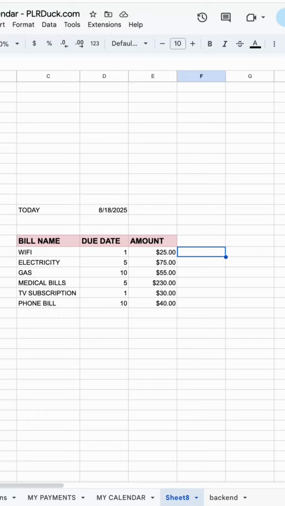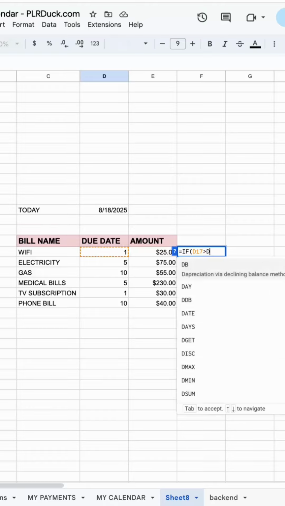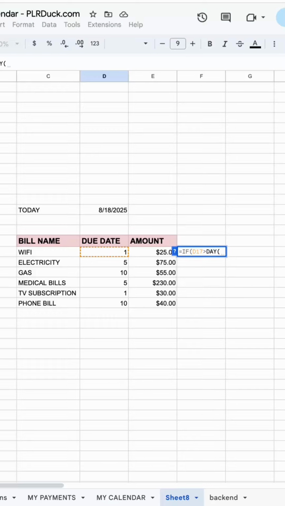So if it is going to be overdue, we'll be having the formula. So I'm going to say =IF, and then I'll open the brackets. So if this date is going to be greater than this particular day, here we have the entire date, so I want to just take only the day from that. So I'll say DAY of, and then select this particular cell over here. And then if this condition is going to be true, that means if one is going to be greater than 18, then I'll have no value, or else I'll say it as overdue. So this is going to be the condition, and here I'll do the absolute formatting for this particular today's cell over here.